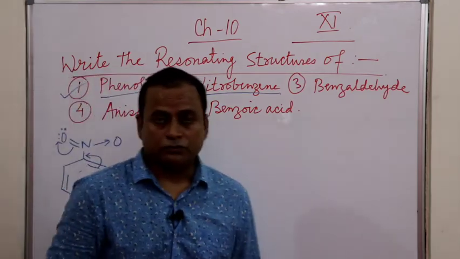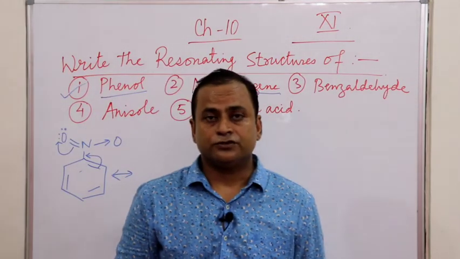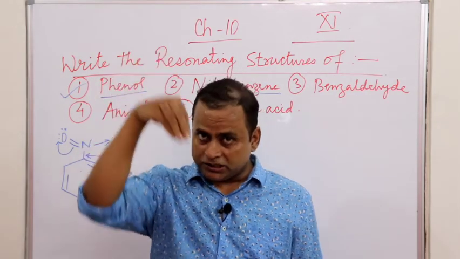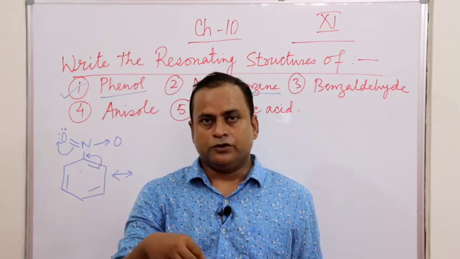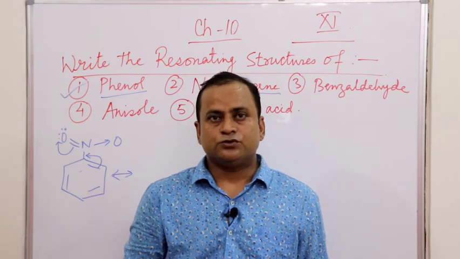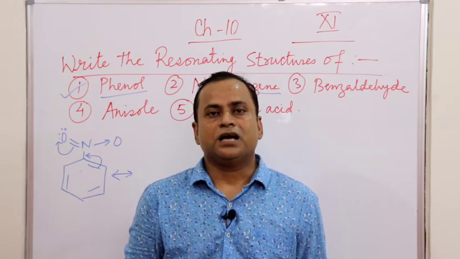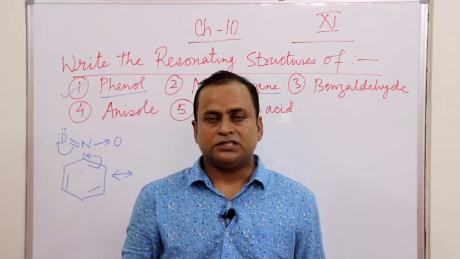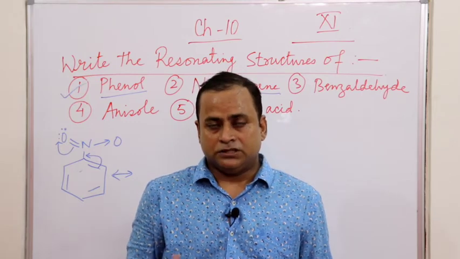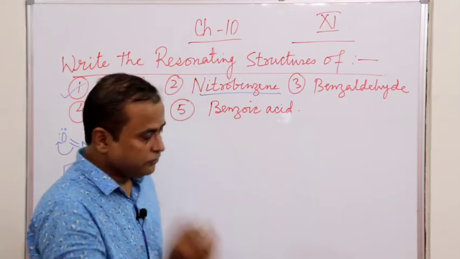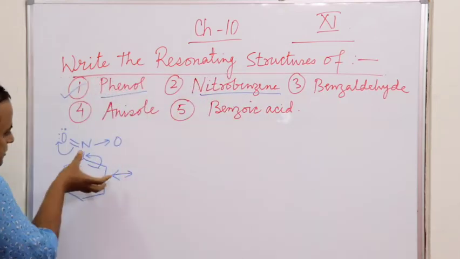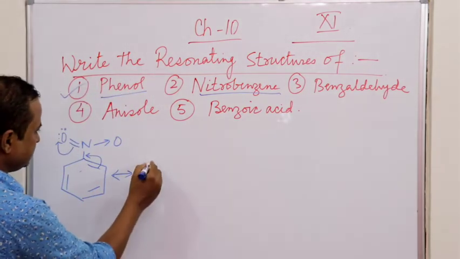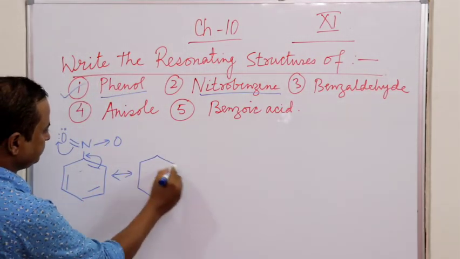Now one more thing which I should say: in case of phenol, we had seen that the electrons are entering into the system. So when electrons enter into the system, it is called plus R effect. Plus, because it is increasing the electron density inside the benzene, and R for resonance. Now here, it is taking away electrons, so it's a minus R effect. So the second structure will be,